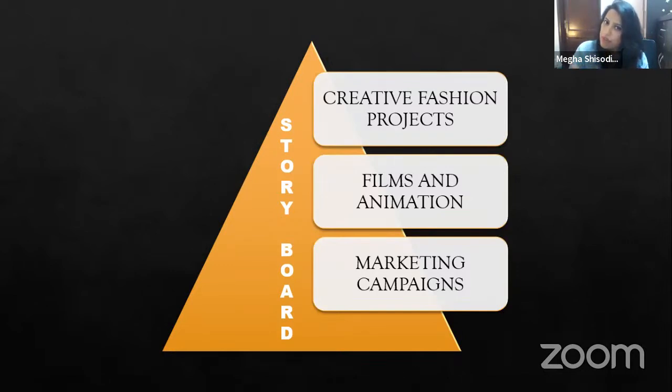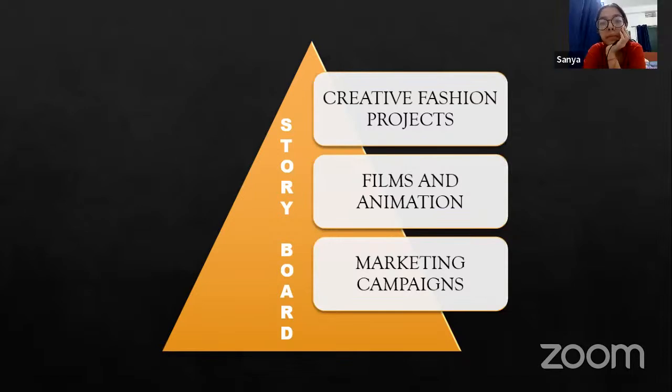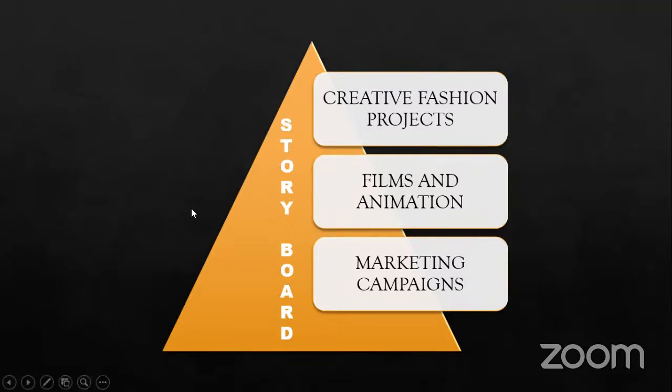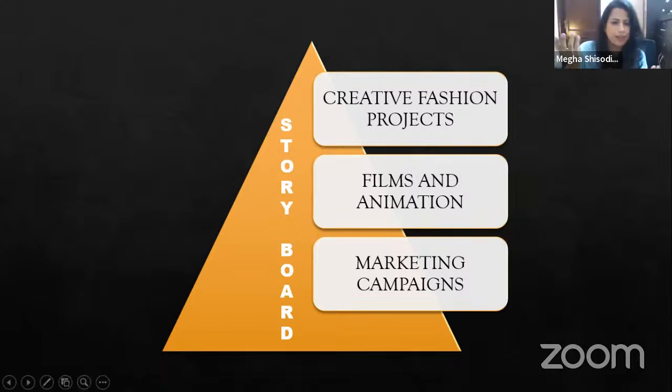And if I give an example of films and animations, the best example in front of you is comics. Have you read comics? Give me the names of the comics. Even webtoons and Batman all have storybooks. There are even small sections in your newspapers, tabloids, where you have that representation where every scene is given, one after the other. So that's a story.